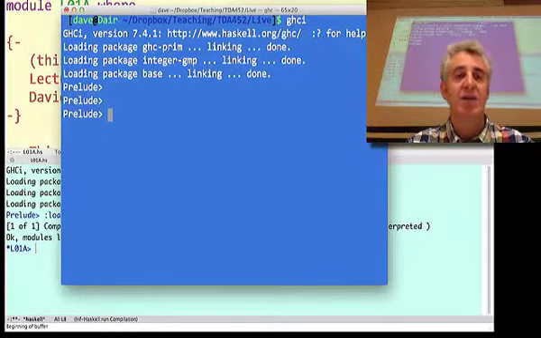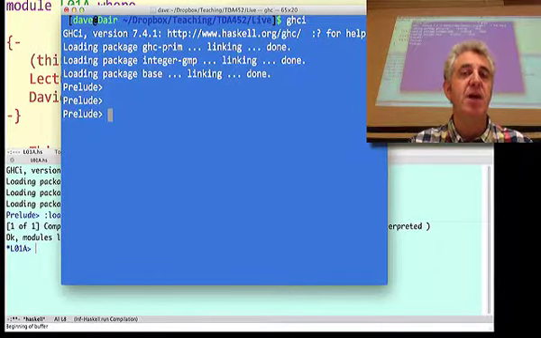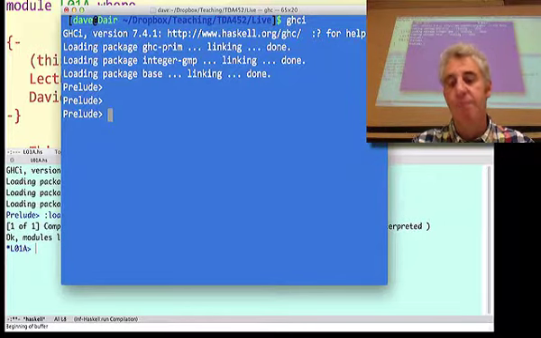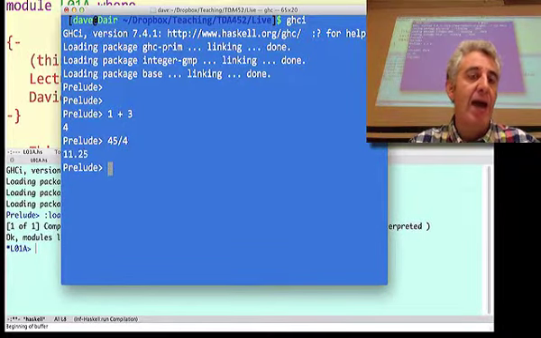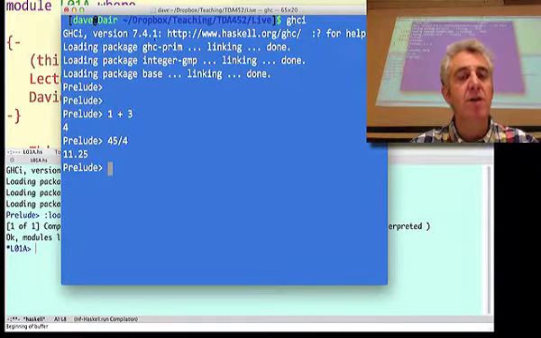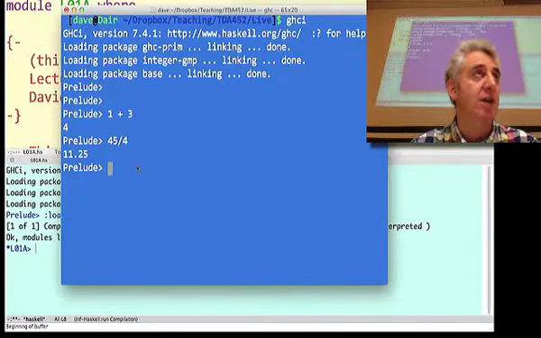As an interpreter, it allows you to input bits of program, in particular expressions, so we can do some calculation with this thing in the obvious way. That's all well and good, but actually we're not going to do a lot of our development of code within the interpreter.